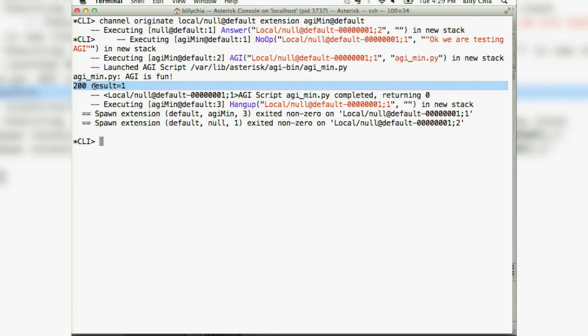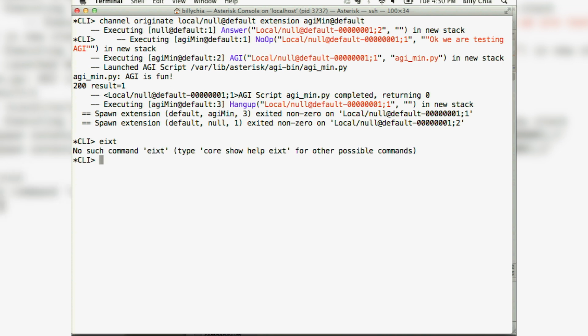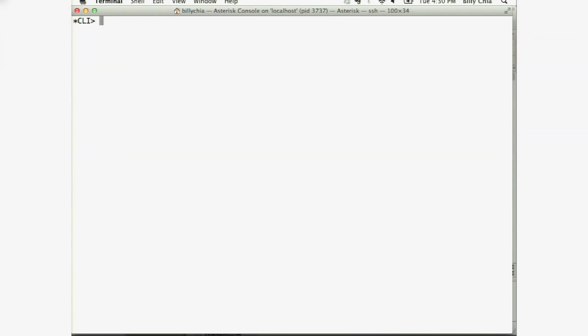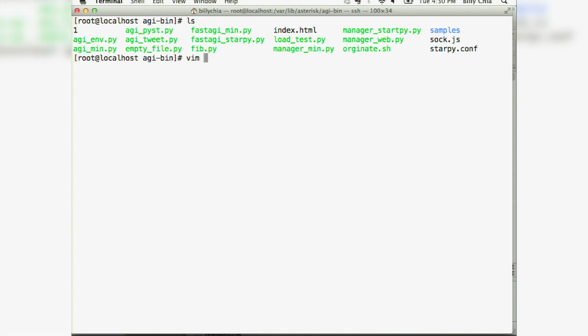The other way to do this is within your script, you could bump that down to the syslog or something like that. But for quick and dirty, *C works well for you. Next step up. How about core stop now? And so next one up is AGI